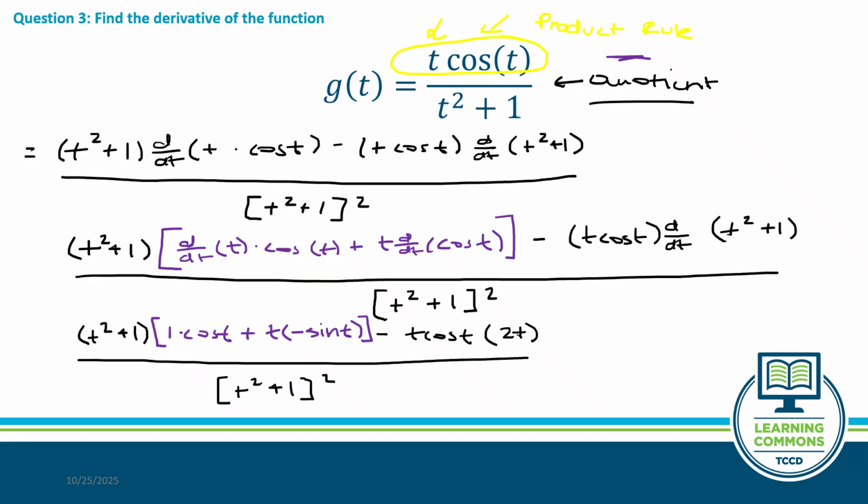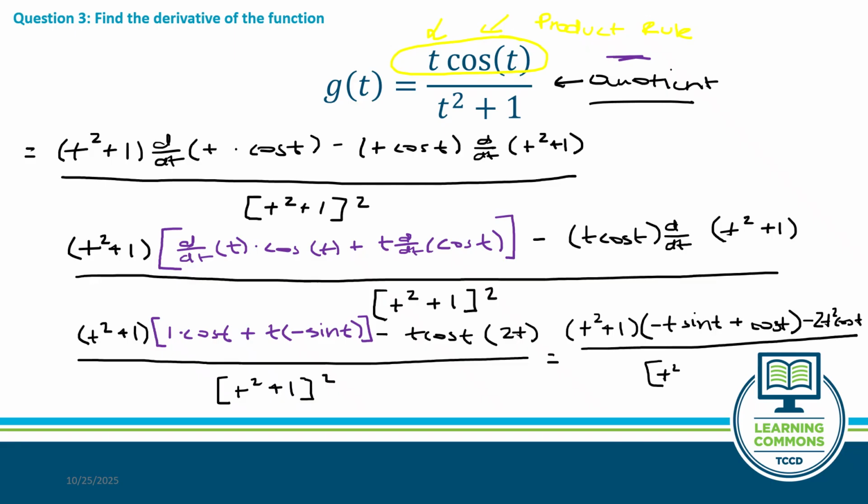I might clean this up a little bit, make it a little bit nicer to look at, and say t squared plus 1 times negative t sine t plus cosine t minus 2t squared cosine t all over t squared plus 1